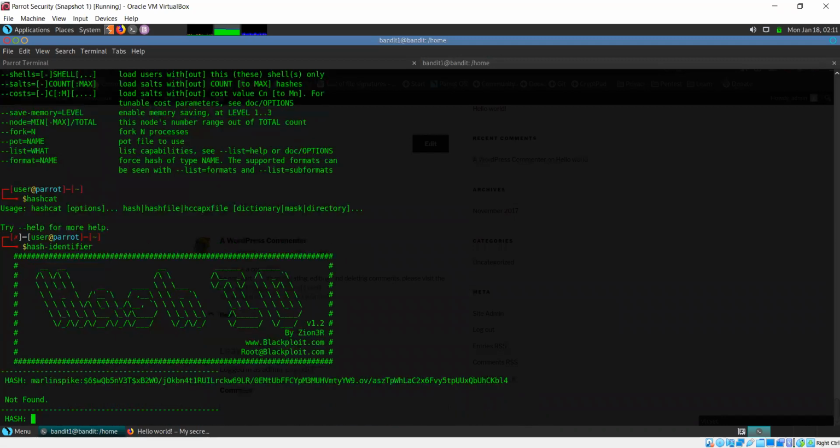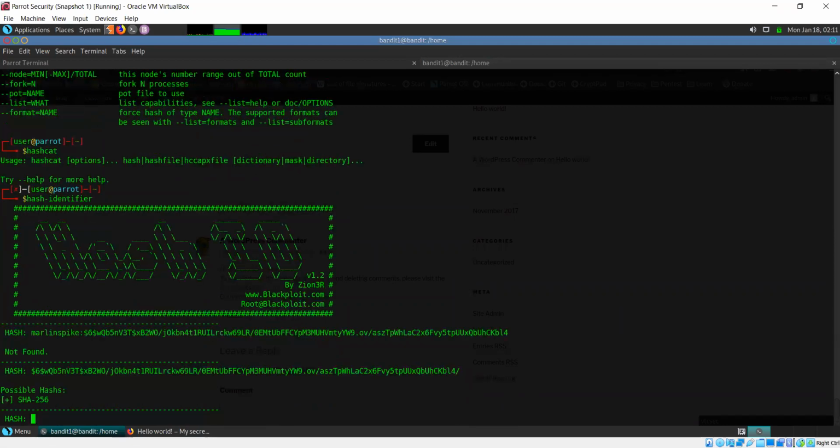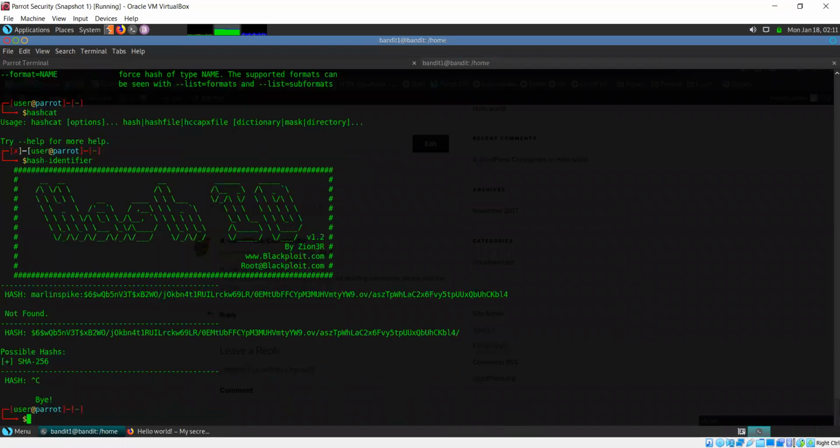Yeah, this is not working. This should work. It had this at the end. So it's saying that it's a SHA-256 hash. Okay, but this is not exact, like this is not the exact format. But that's not something to worry about.